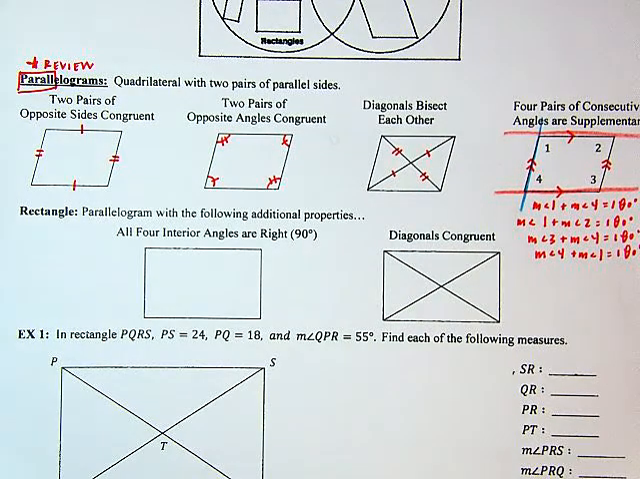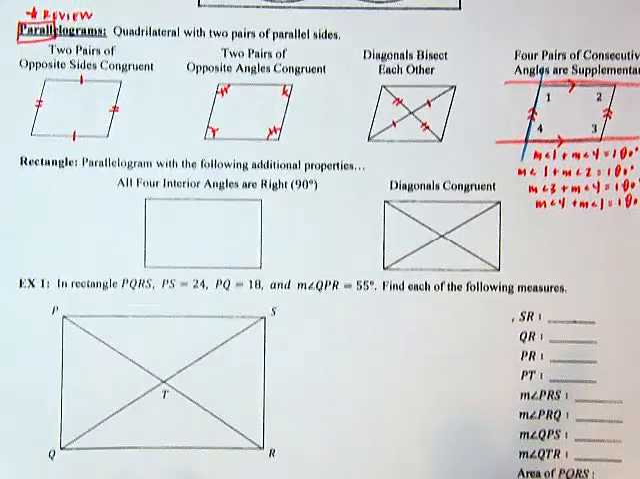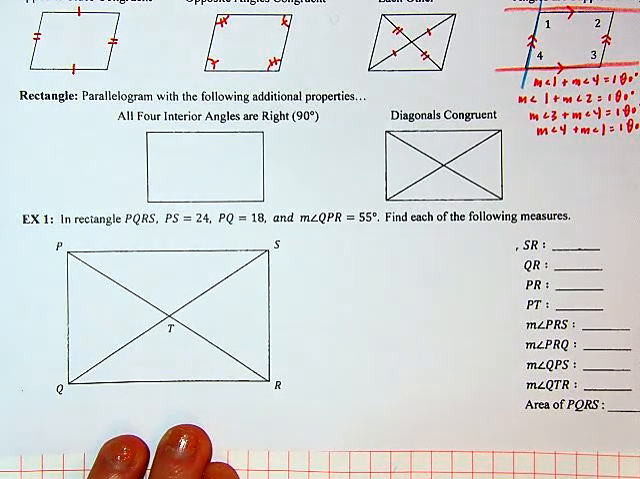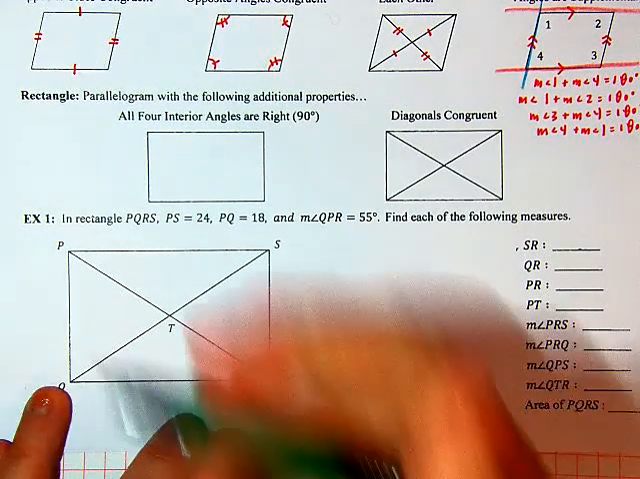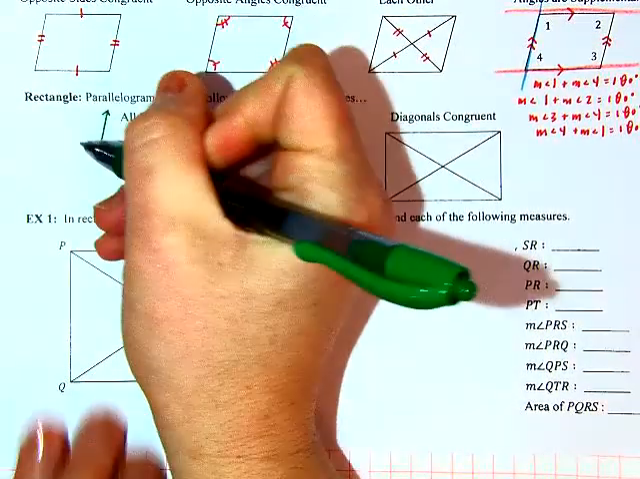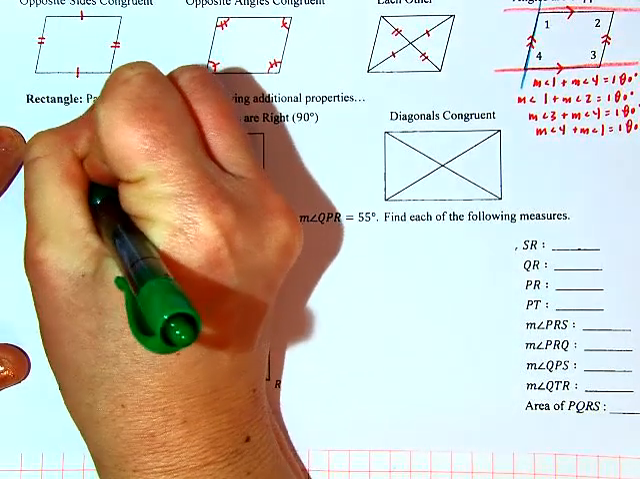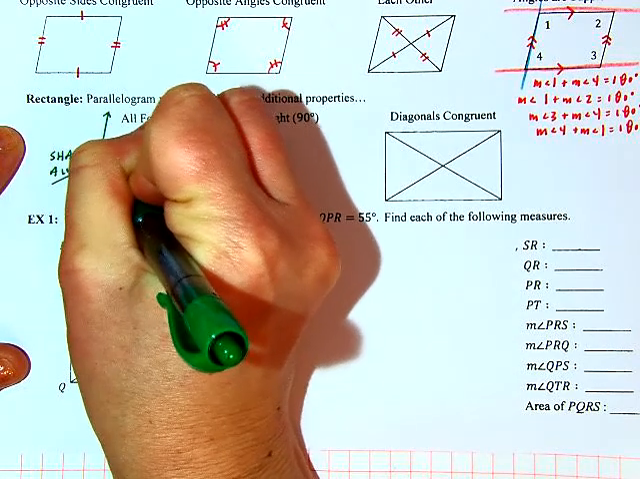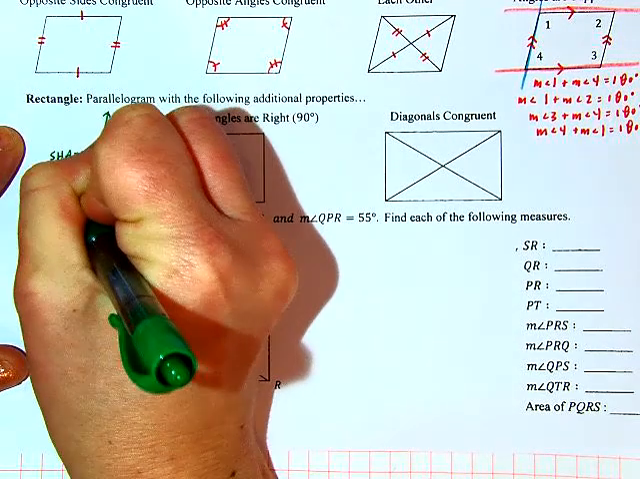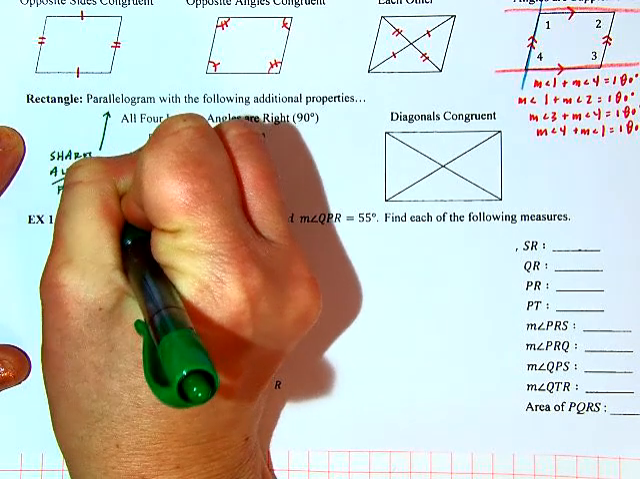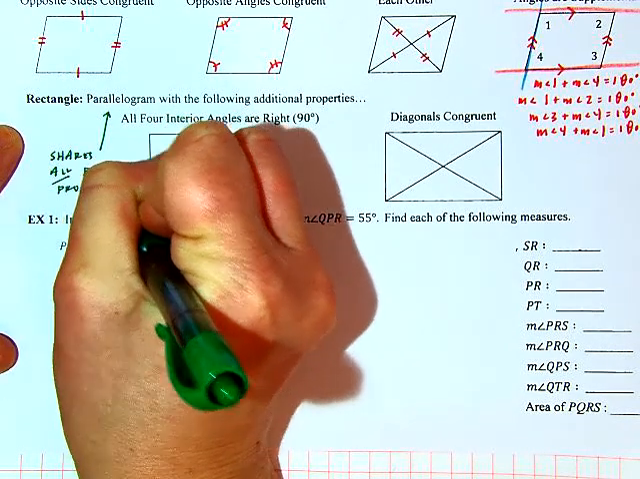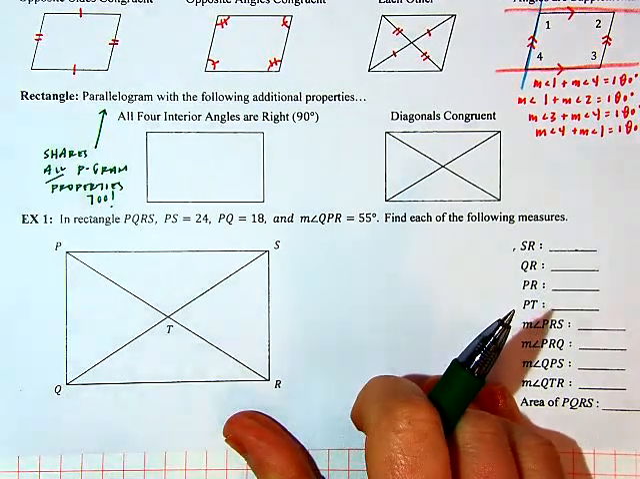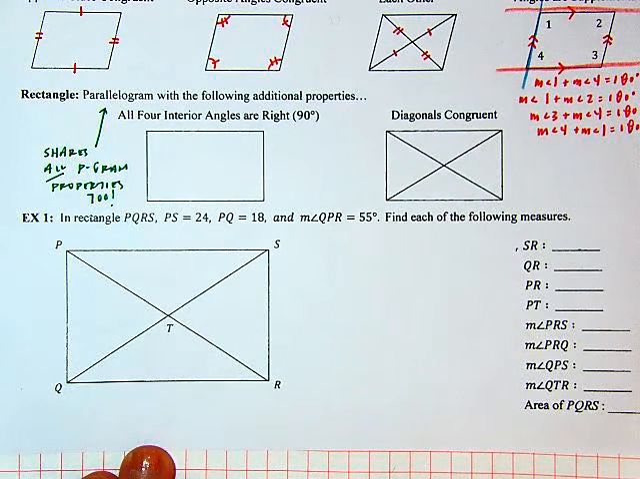Okay, so now we're going to take on the rectangle. So the rectangle, first and foremost, is a parallelogram. So it's going to share all of its properties as well. Let me acknowledge that. Okay, so again, a rectangle is a parallelogram, so it shares all of the parallelogram properties, and then it has